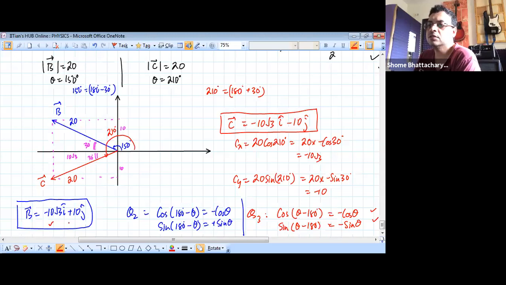So that's how we got these components earlier. But same thing if you now take it to the third quadrant, like 210 is 180 plus 30. So what happens is both x components are negative. If you just compare the two right angle triangles that you're getting, 30-degree one and 30-degree one here,